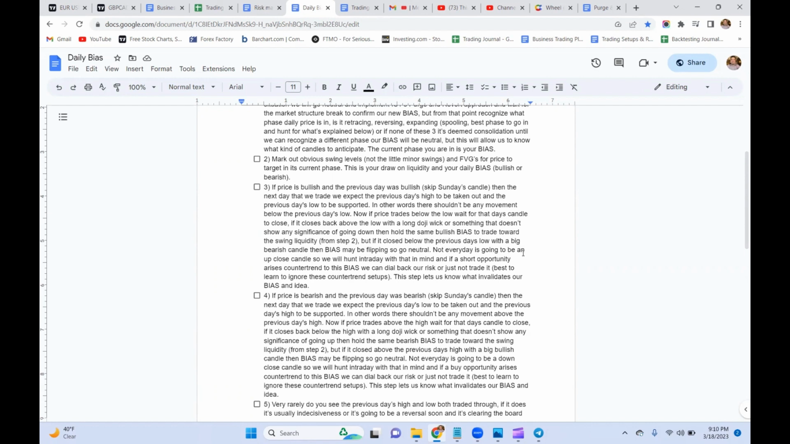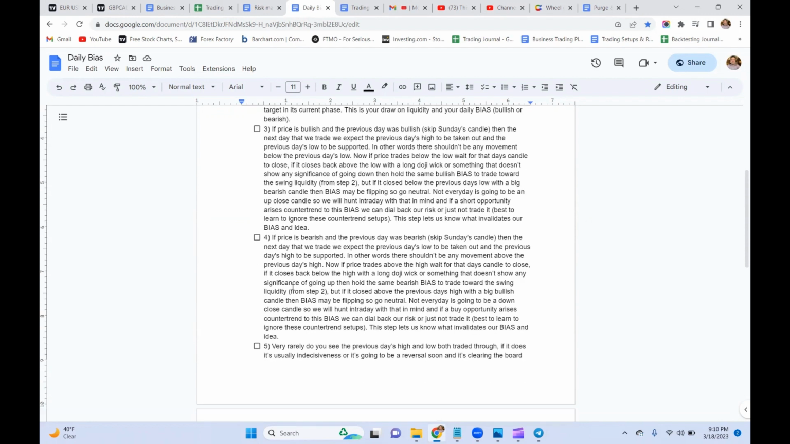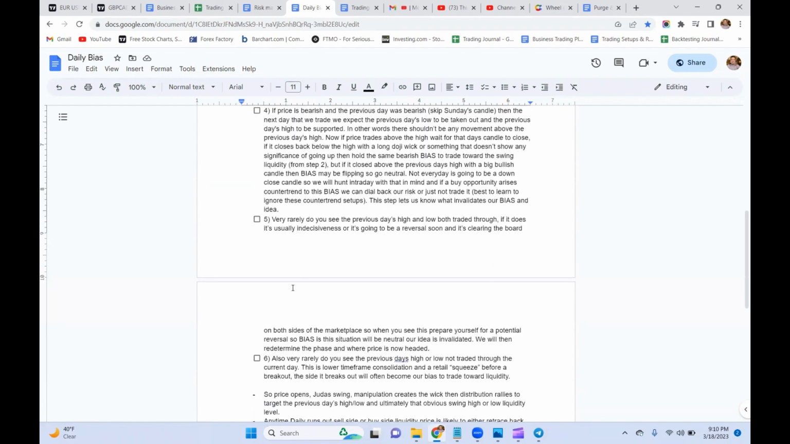go neutral. Not every day is going to be an up close candle, so we will hunt intraday with that in mind. And if a short opportunity arises counter trend to this bias, we can dial back our risk or just not trade it. It's best to learn to ignore these counter trend setups. This step lets us know what invalidates our bias and idea. So I